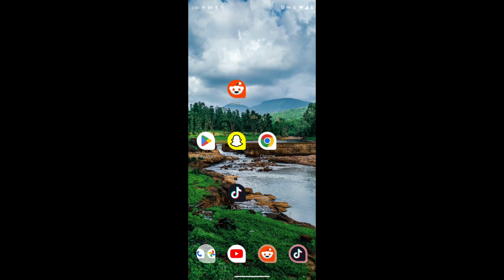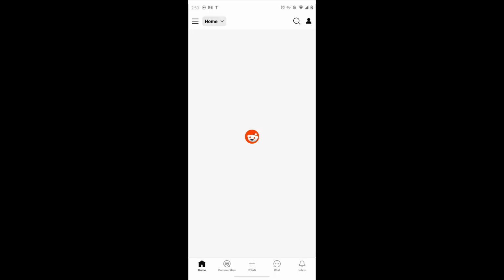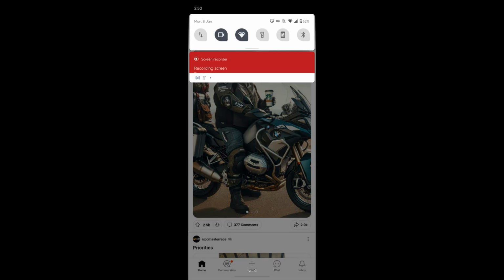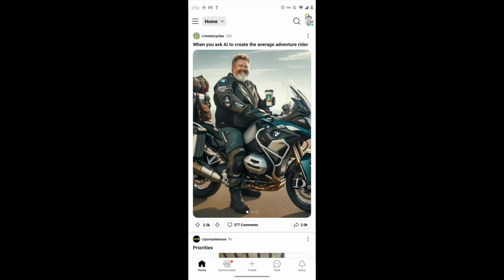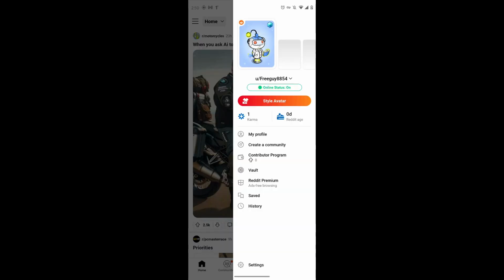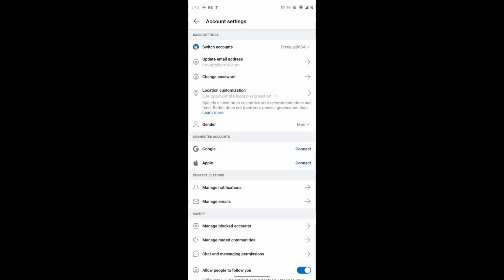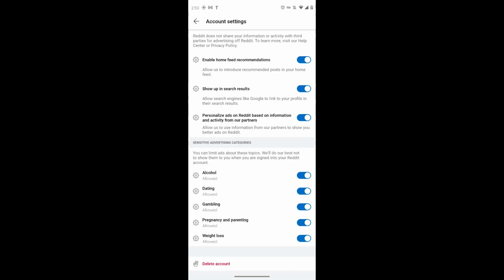So if you want to delete your Reddit account, first of all you have to open up your Reddit application, and after opening it just tap on the profile icon which is on the top right, and now tap on settings which is on the bottom, and after tapping on settings tap on account center, and after tapping on account center scroll all the way down and you can find